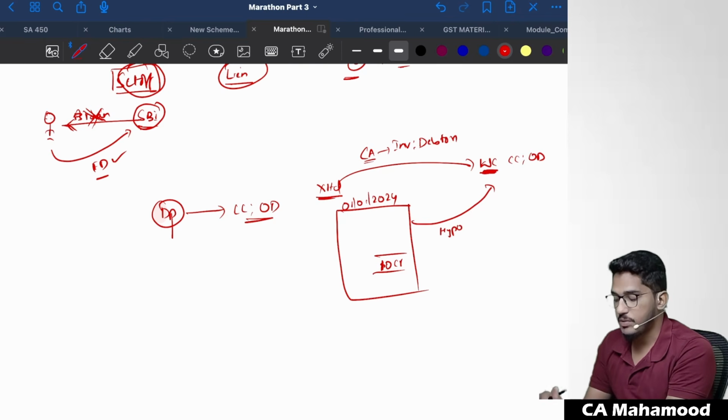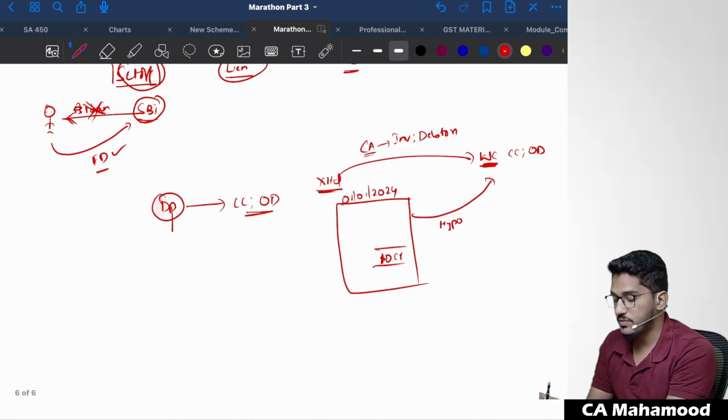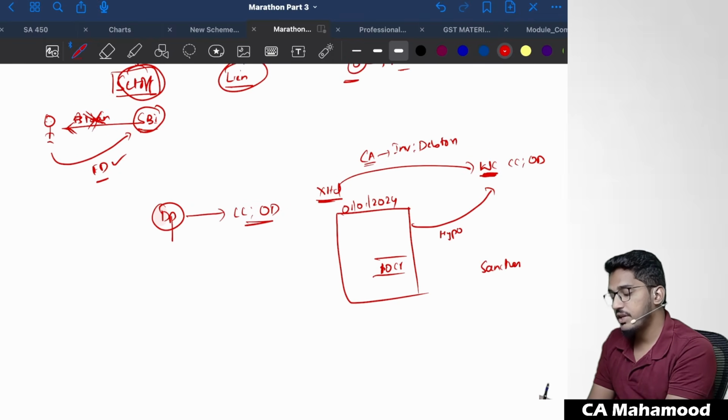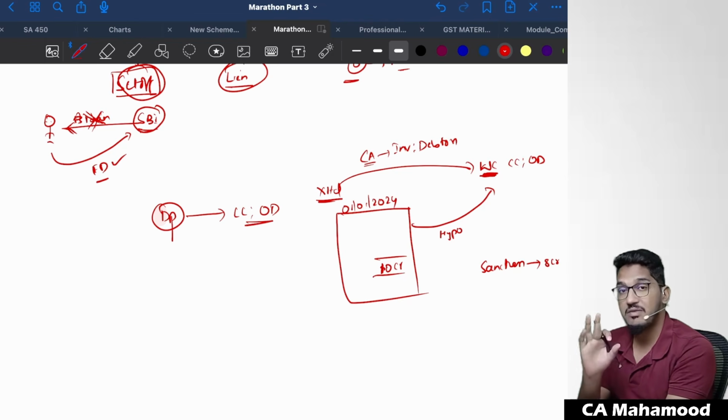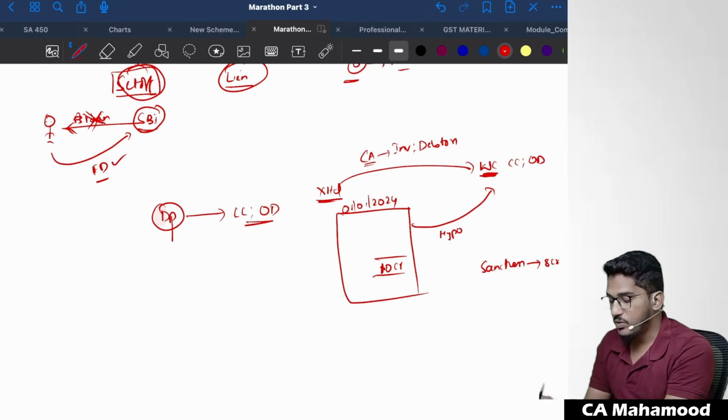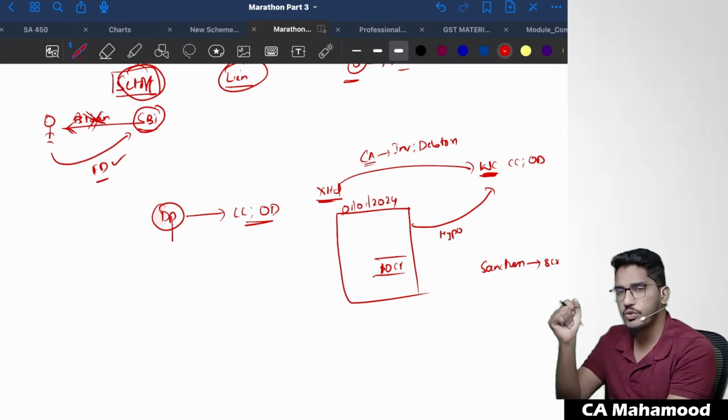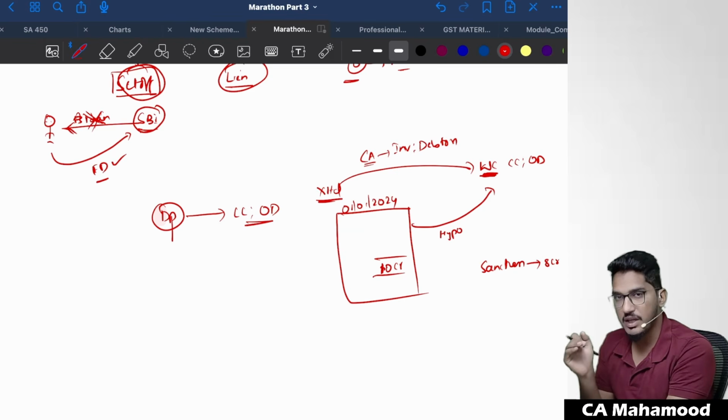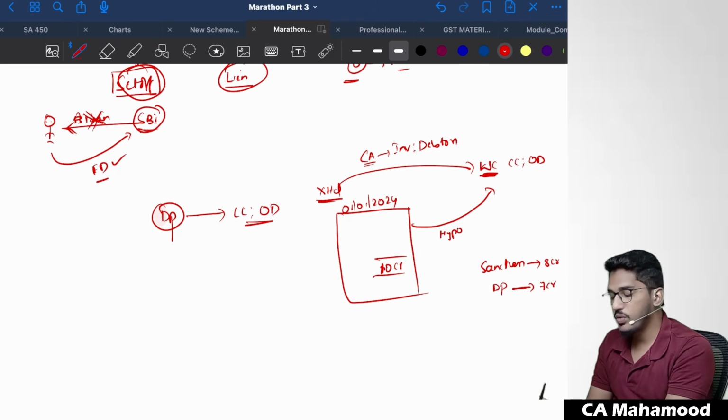They will submit this stock statement, and the bank told, okay sir, since you have 10 crores worth of stock, we will sanction cash credit or OD of 8 crore rupees. But once they have sanctioned the OD facility, they will not let you use the entire amount. They will put one more limit, generally equal to or lower than the sanction limit, called drawing power. For example, the banker is telling, on the basis of your stock statement, we will sanction you 8 crore rupees of OD facility, but we will let you withdraw only 7 crore rupees.